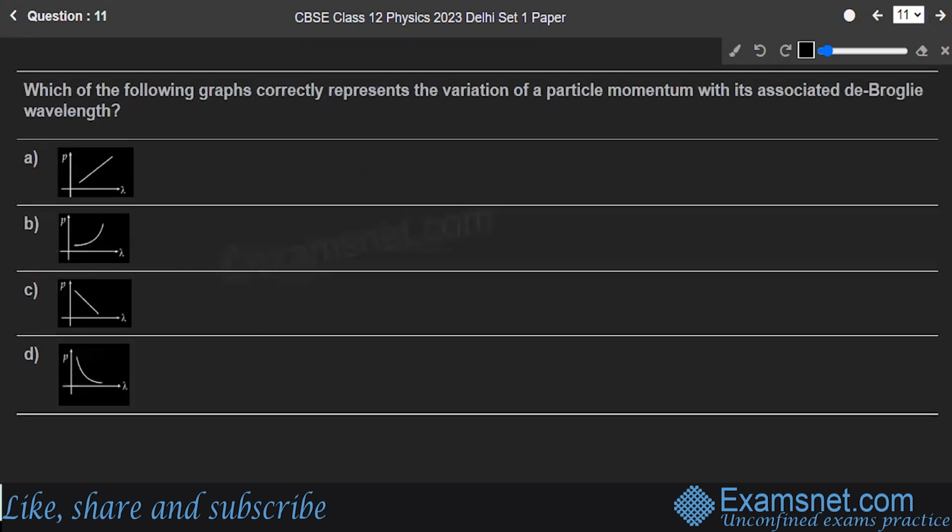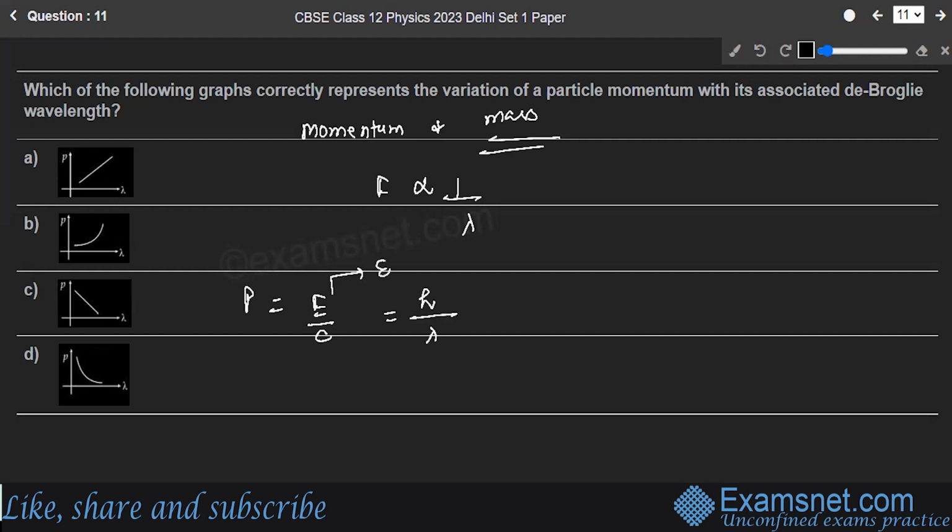Now let's move to the next question, number 11. Which of the following graphs correctly represents the variation of a particle's momentum with its associated de Broglie wavelength? So these are the four options given. De Broglie's wavelength is the wavelength that is connected to an object in relation to its momentum and mass. Typically, momentum of a particle is inversely proportional to the de Broglie wavelength. So a photon's momentum is determined by P is equal to E upon C, and this is equal to h upon lambda. Here E is the energy of the photon,